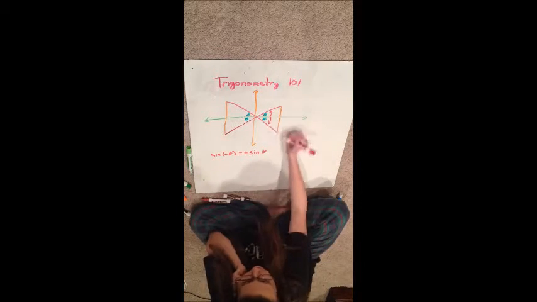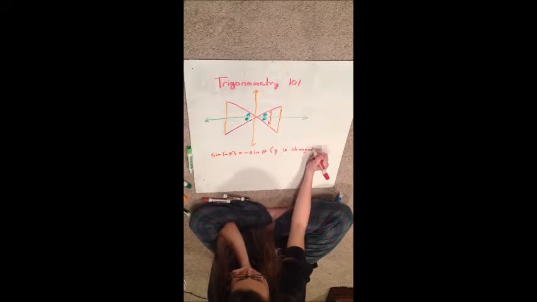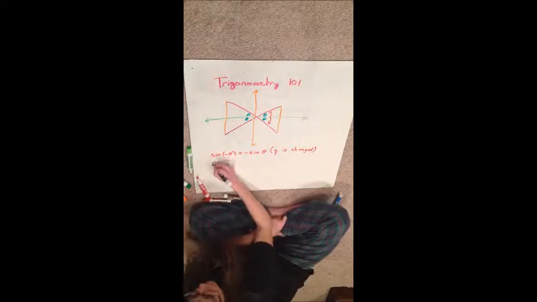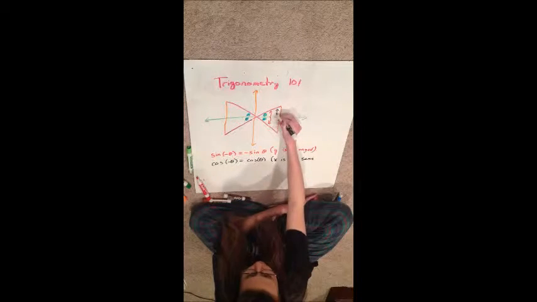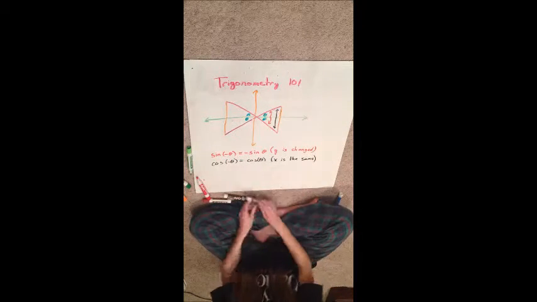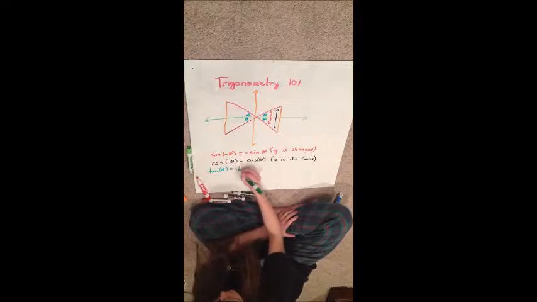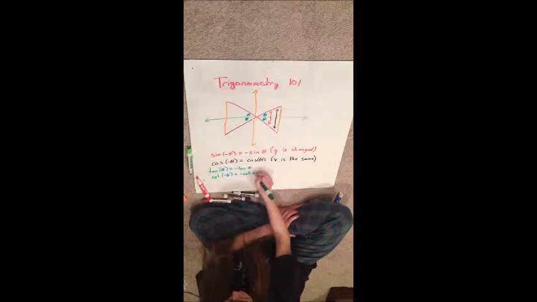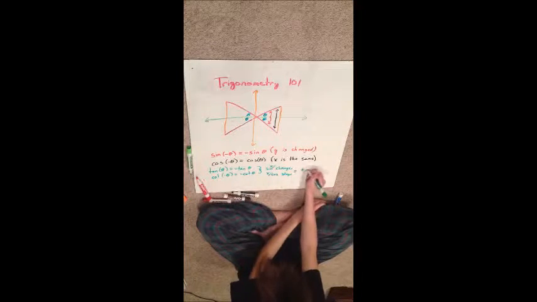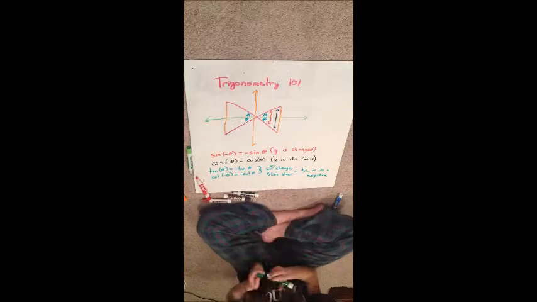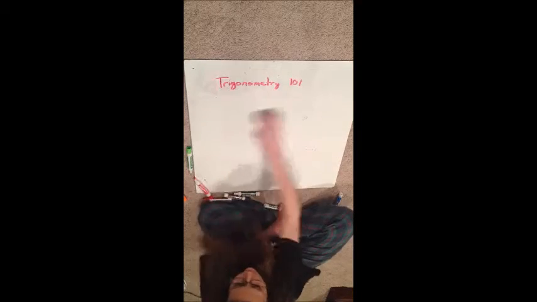Typically, an angle increases as you go counterclockwise. However, a negative theta demonstrates that you're going to head clockwise. Sine of negative theta equals negative sine of theta because the y is going to change depending on whether you go clockwise or counterclockwise. Cosine of negative theta is equal to cosine theta because the x value will remain constant. Tangent of negative theta and cotangent of negative theta will both become negative because of the quotient of a positive